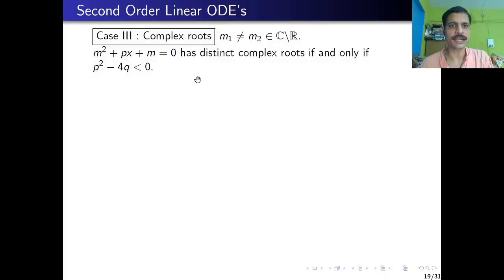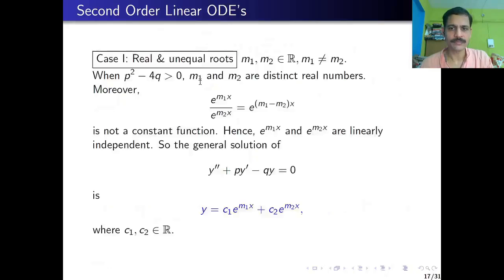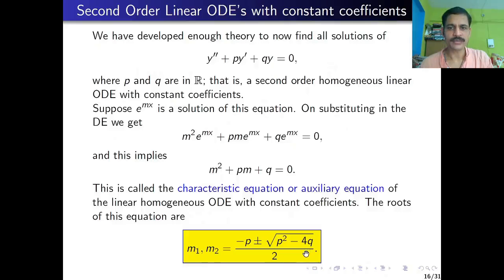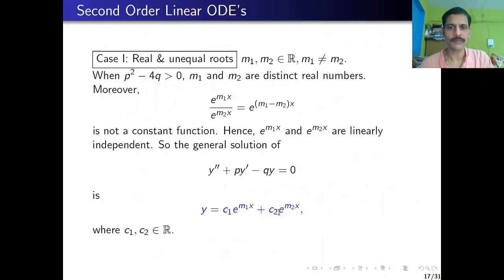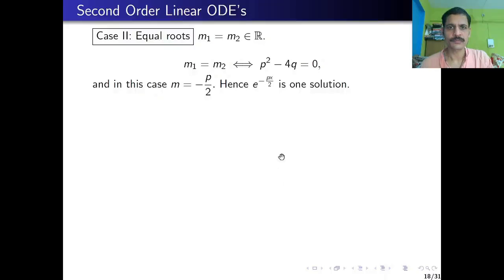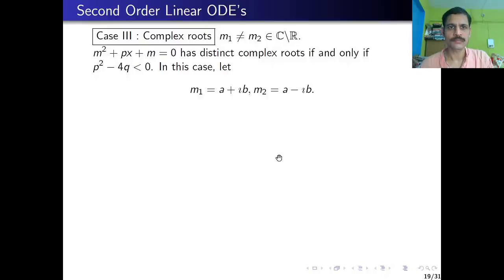This case arises only when this quadratic is such that p square minus 4q is less than 0. So in this case, we have complex solutions. Let the complex solutions be m1 is equal to a plus iota b